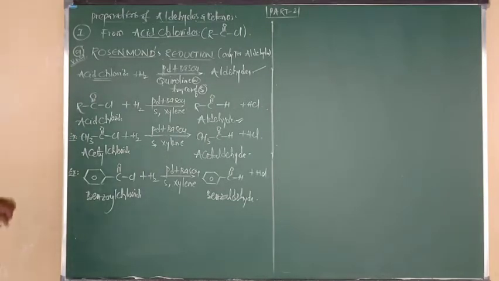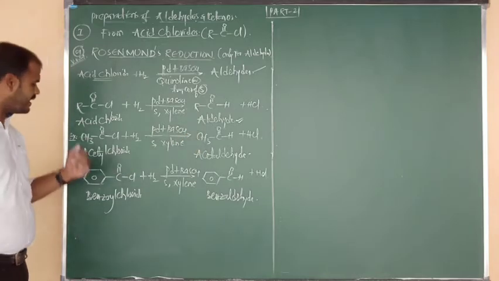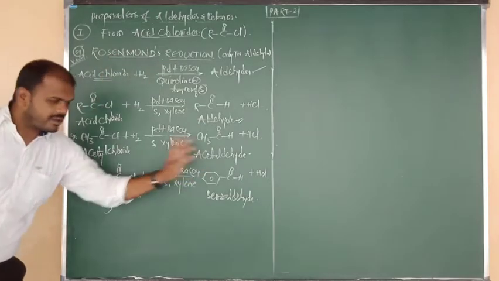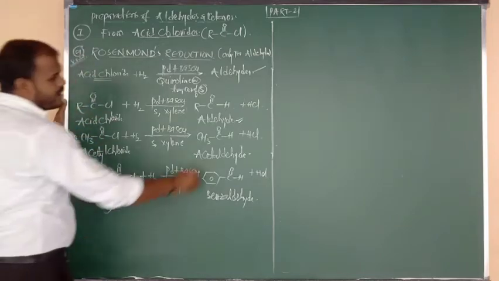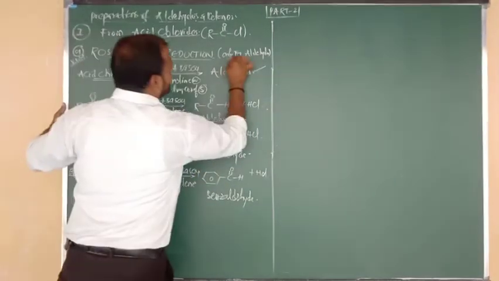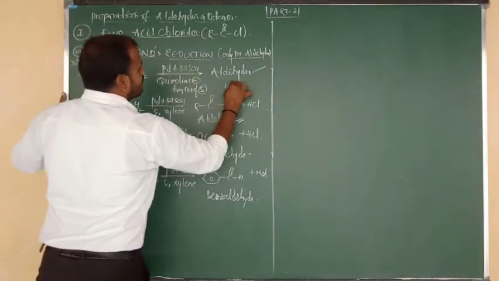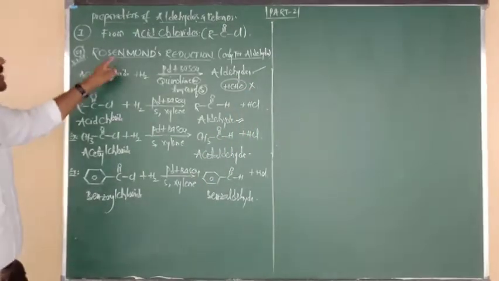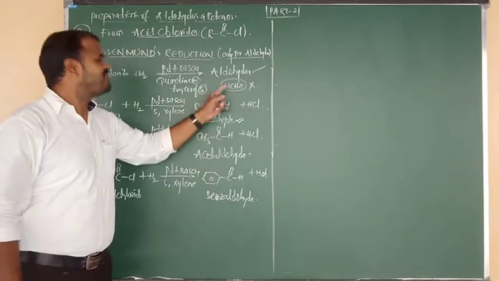Did you understand clearly? Good. Now listen carefully. Another point I want to tell you here. R replaced by CH3 gives acetaldehyde, R replaced by benzene gives benzaldehyde. So acetyl chloride upon the Rosenmund method gives acetaldehyde, and benzoyl chloride gives what? Benzaldehyde. So this is a suitable method only for the preparation of aldehyde, not for what? Ketone. Note this point and remember. By using the Rosenmund method we can't prepare formaldehyde. All types of aldehydes we can prepare by Rosenmund, except formaldehyde.